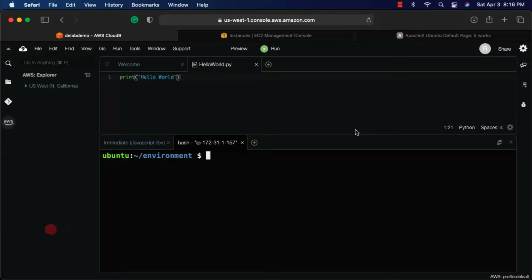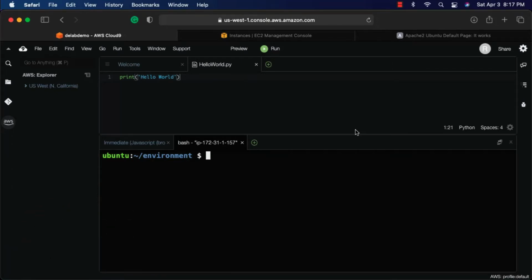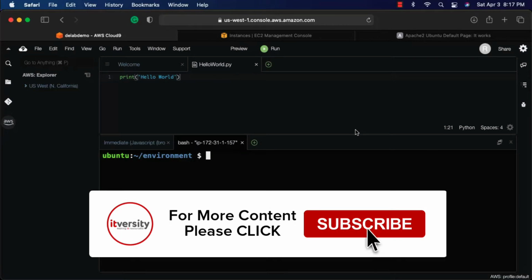We have successfully provisioned Cloud9 from our AWS account. Let's review the storage and also understand how to increase the storage if at all it is required. Especially if you want to use this instance to learn data engineering skills, it is very important to understand how to increase the storage so that you can upload the required datasets to practice.